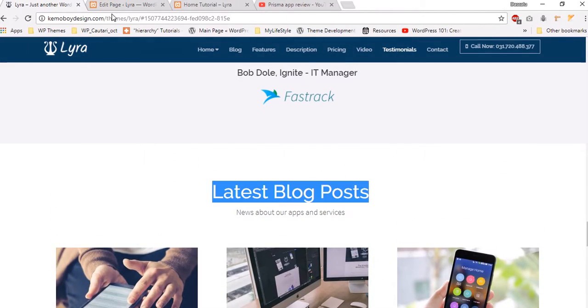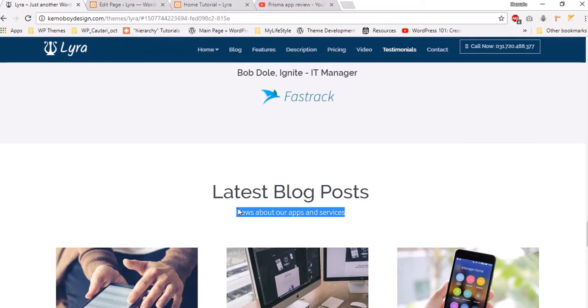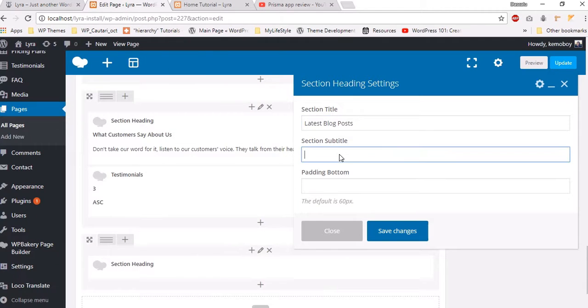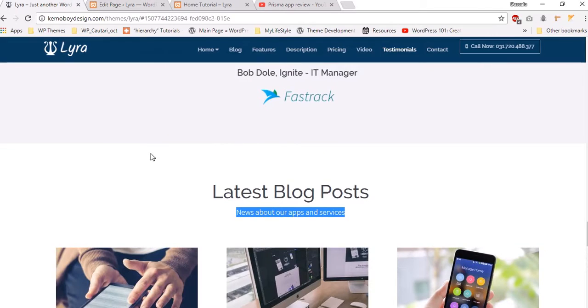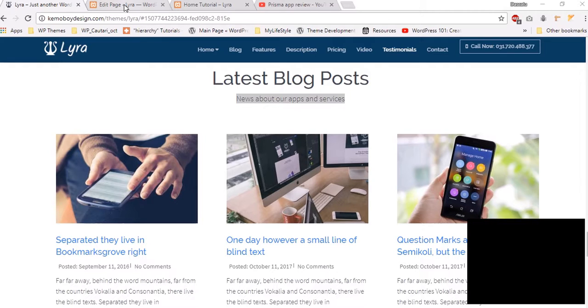and let's just grab everything from here, section subtitle, and this one. Alright, and the padding button, because those items has a margin top of 20 or 30 pixels. You may want to add actually